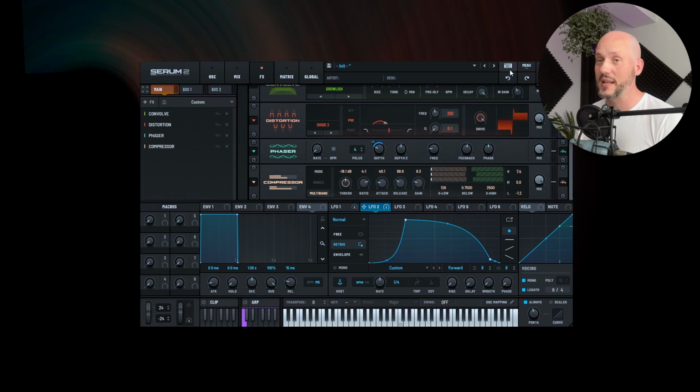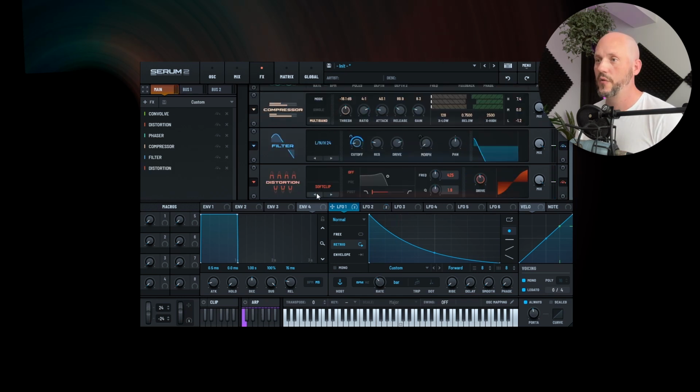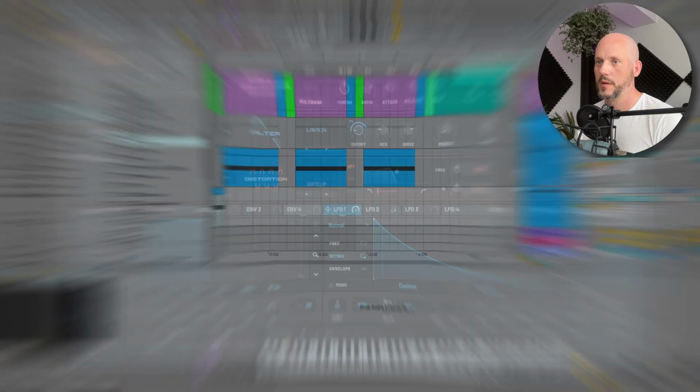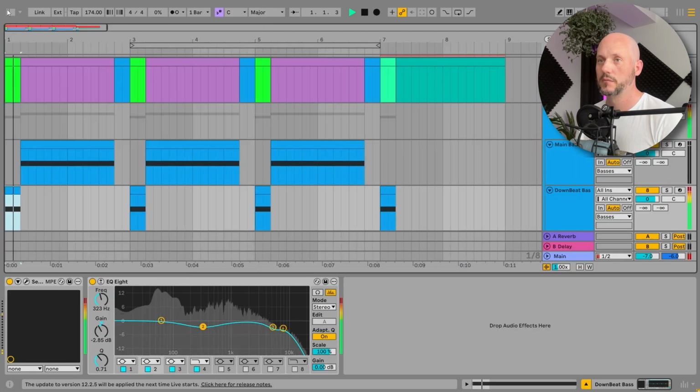And the OTT evens out everything, and with the final filtering on the morph and LFO 1 on the cutoff, we can create even more movement, so right now it sounds almost cool. And the final soft clipping. But at the final stage I like to EQ it again using an EQ Eight. So right now,